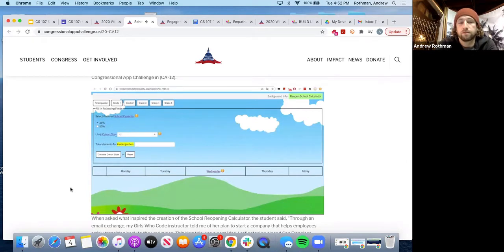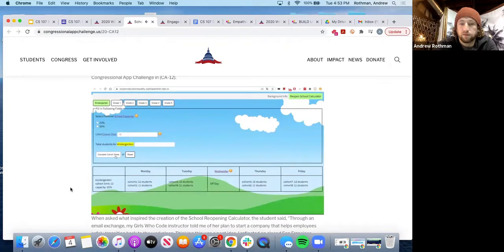So I clicked 25%. The limit cohort size means what is the max amount of students that can be in one cohort. Let's put 12. This just means how many students are in kindergarten. Now press calculate cohort size for the big reveal. A schedule appears.